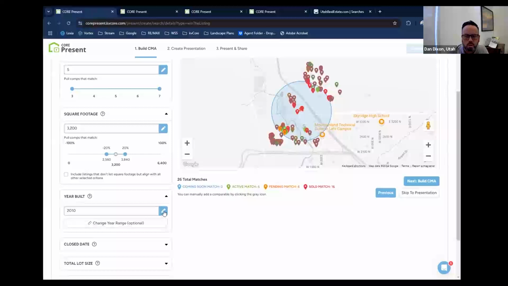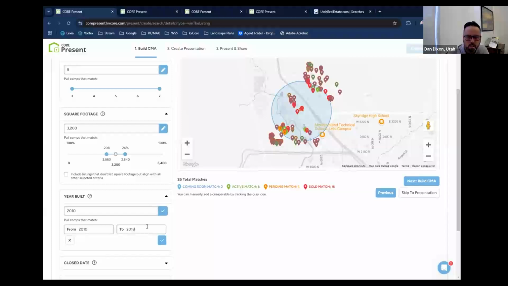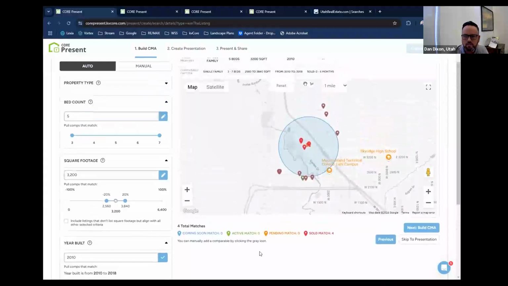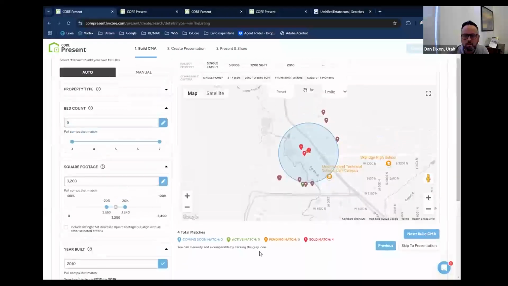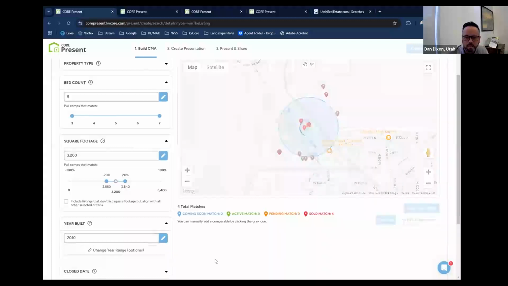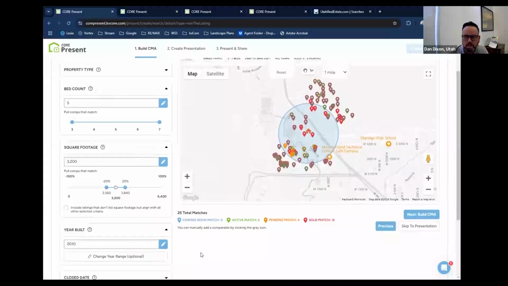So maybe I do want to look at the range and say, you know what, I don't want those kind of newer homes. So I'm going to eliminate that, and watch a bunch of these little marks get eliminated when I bracket that. Those to me, maybe they're not relevant. Look how many comparables went away. Maybe I'm like, oh man, now I don't have enough comparables. Let me clear that filter and get those back.